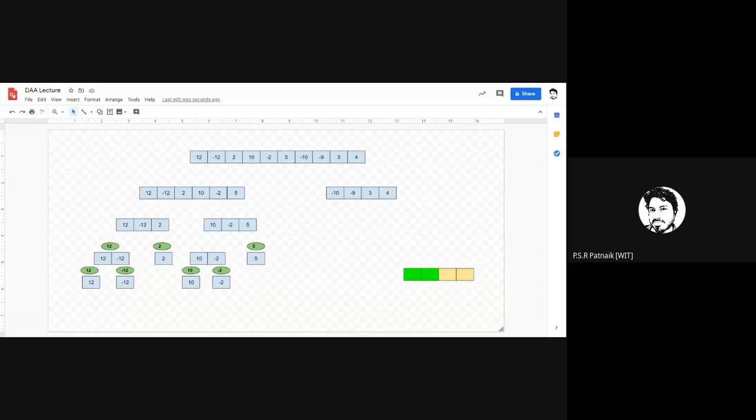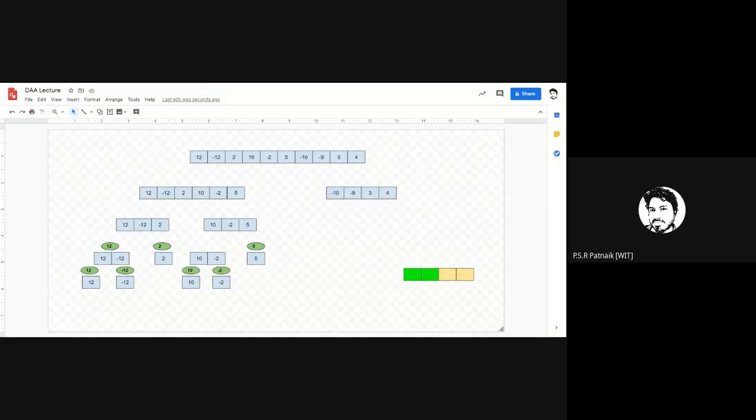So now when I want to merge that array, this below one, what is the left max sum subarray for this? It is 12. What is the right max sum subarray for this? It is 2. And what is the center max subarray for this? It is left side maximum plus right side maximum. What do I have at the left maximum here? You check it here. So 12 minus 12. So now you will understand how I calculate LMS.